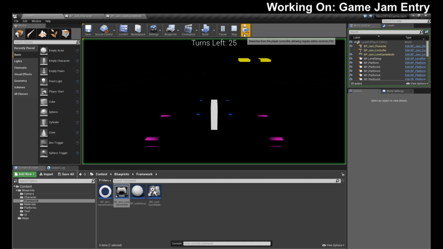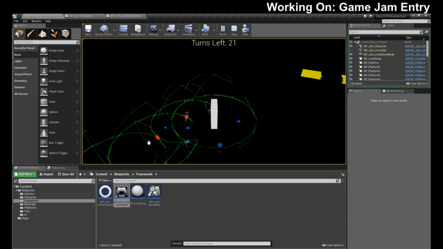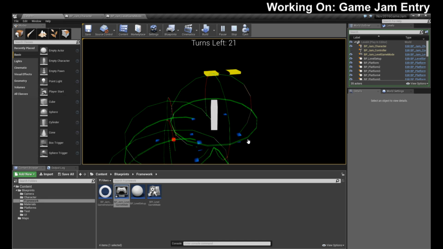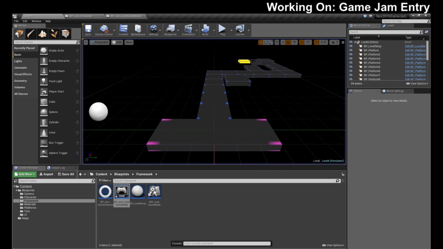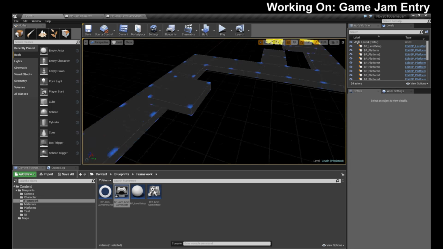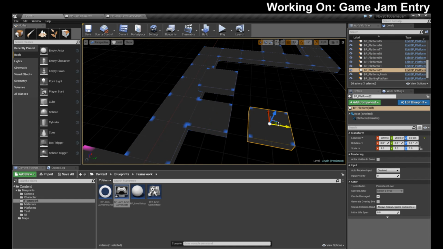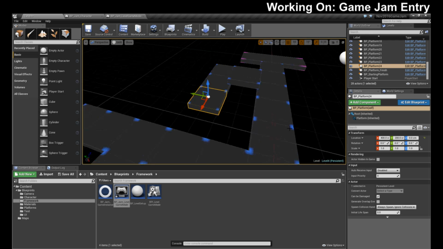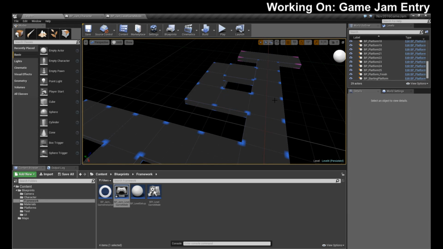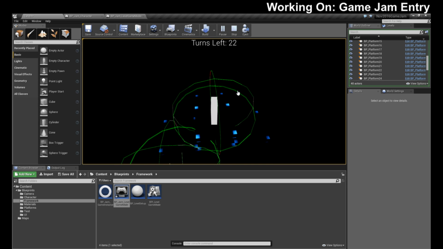Okay. Let's possess. Let's go forward. And we have our bottom ground again. Okay, so we'll be able to step in probably all the directions. Let's test and find out. Let's duplicate one here. Duplicate one here. Duplicate one here. Duplicate one there. Okay, so let's see if we have the ability to step up and down on all these.